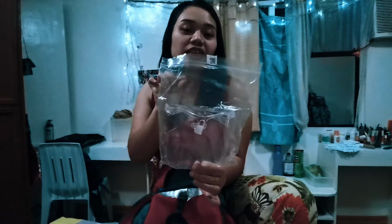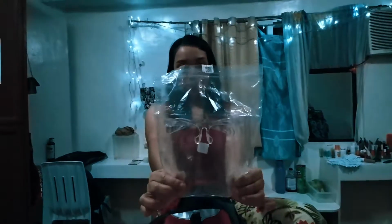Just bought. Newly bought. Newly delivered from Shopee. Ting, ting, ting. This is a face shield, yeah. I'll be using this one tomorrow. I'm very excited. If we keep buying and throwing away,